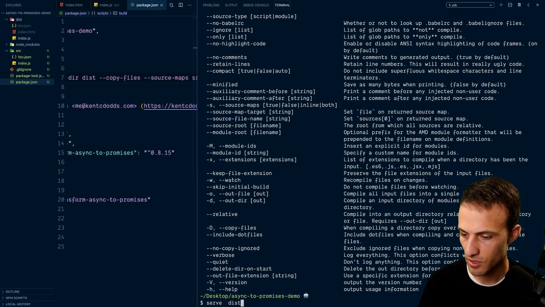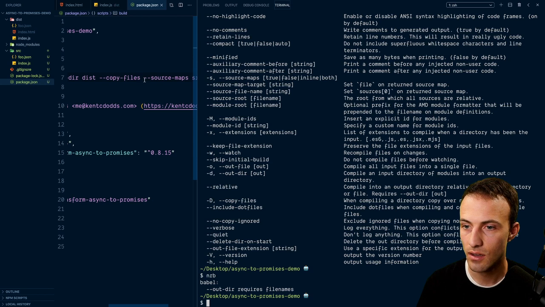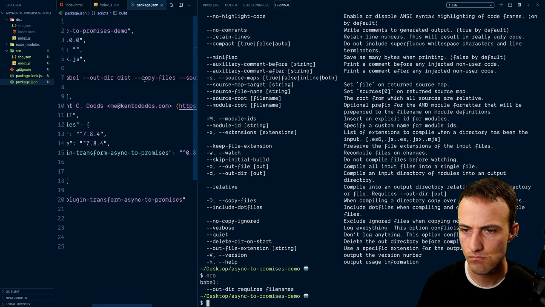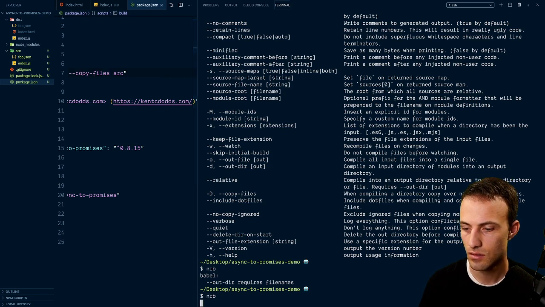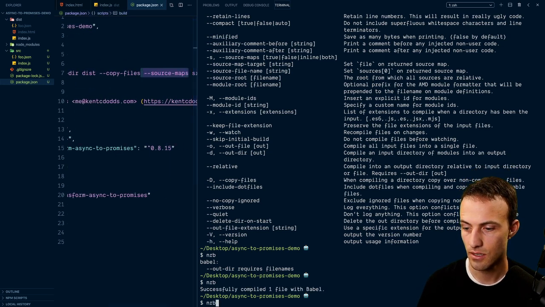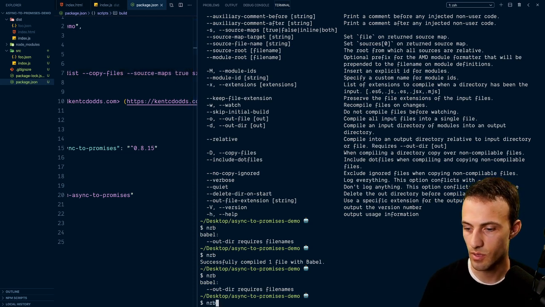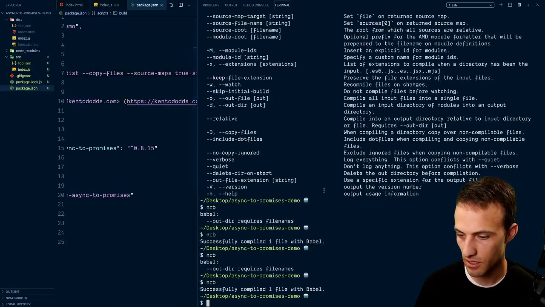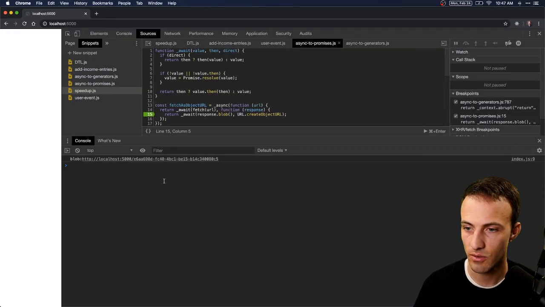Let's try that. Try the build. Output dir requires file names. I think it's not output dir that requires file names. Oh wait, I think source maps requires an option. Yeah, that's what it was. There we go. Okay, so now I'm gonna pop open this serve dist. Just have that always serving. And let's do